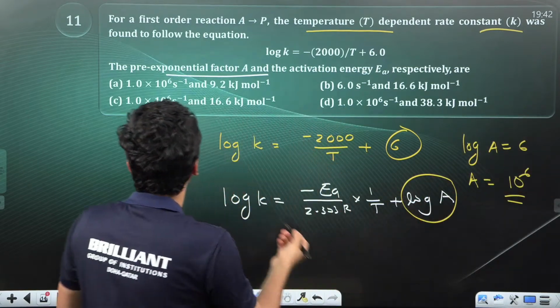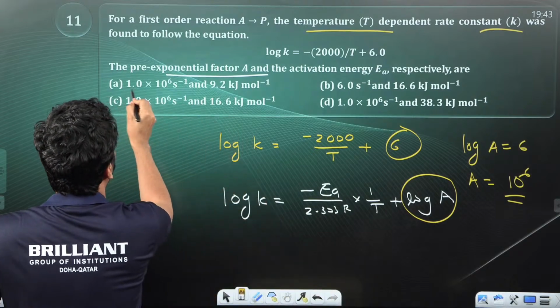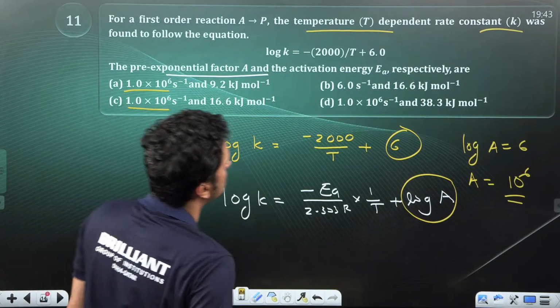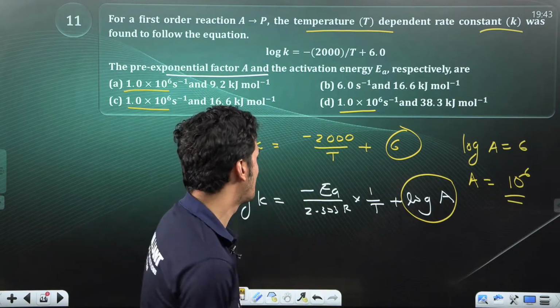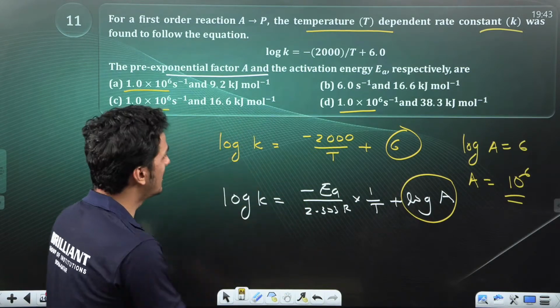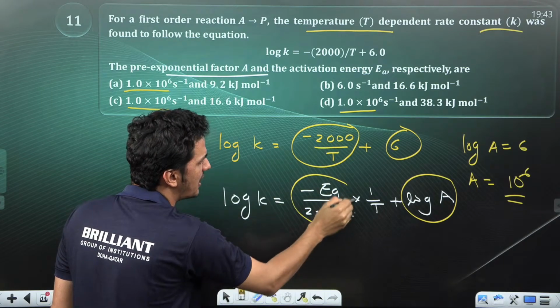So we can check whether any option contains a pre-exponential factor A equal to 10 raised to 6. Option A, 10 raised to 6. Option C, 10 raised to 6. Option D also 10 raised to 6. We have 3. So again we can compare this to minus 2000 by T and minus EA by 2.303 R